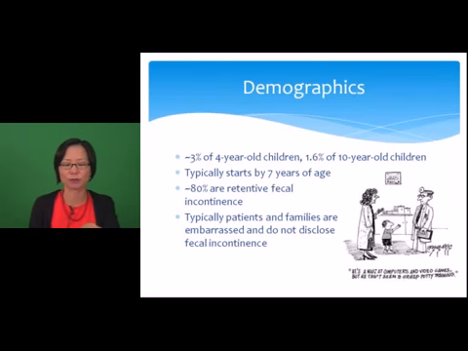have functional constipation. When we look at the demographics, constipation is common, fecal incontinence is a little bit less common, but still affects up to 3% of 4-year-old children and about 1.5% of 10-year-old children. It usually starts by the age of 7, but remember, we don't usually call it fecal incontinence before the age of 4. And of children that suffer from fecal incontinence, 80% are retentive as opposed to non-retentive. And unfortunately, parents and families often don't disclose this because they're really embarrassed and they think they're the only one